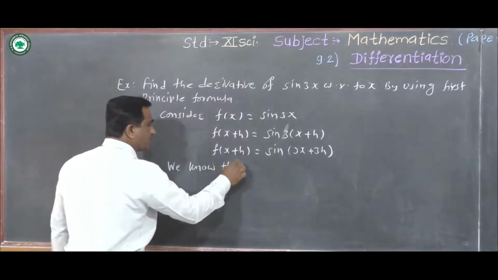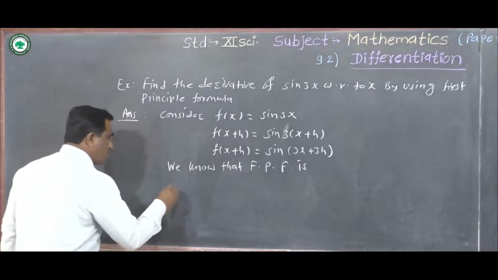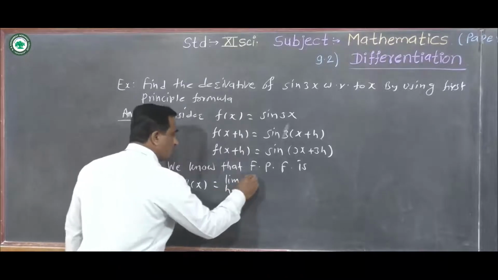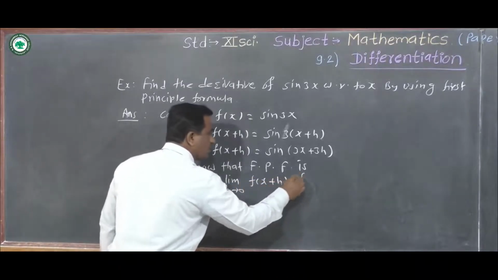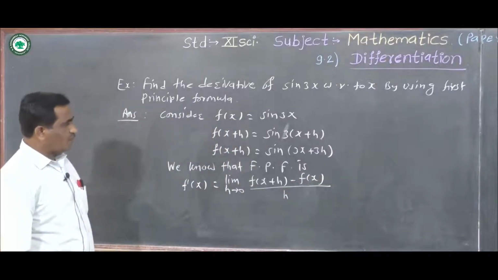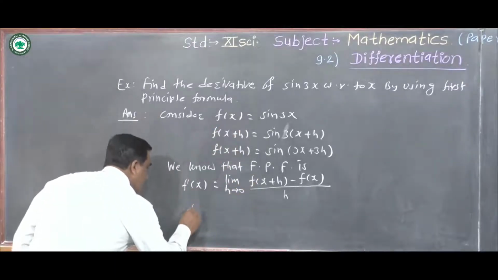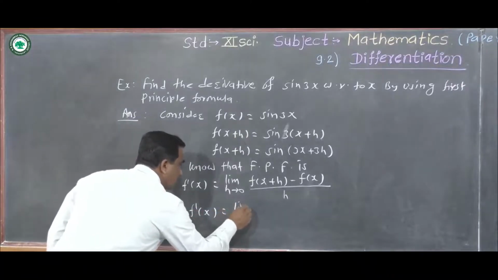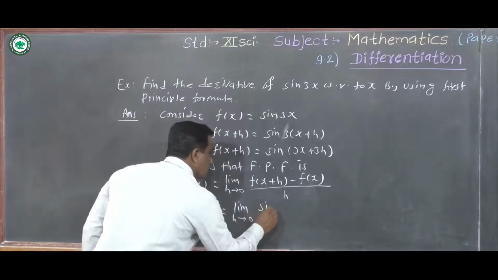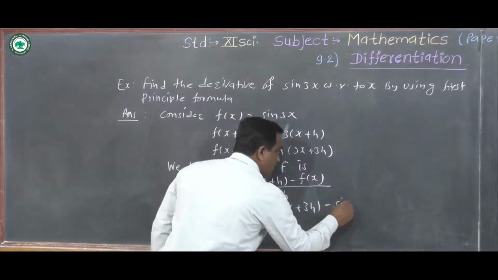We know that first principle formula is f dash of x is equal to limit h tends to 0 f of x plus h minus f of x upon h. Same formula, first principle formula. Now put values of f of x plus h and f of x here. Again we can write f dash of x equal to limit h tends to 0. F of x plus h means sin of 3x plus 3h minus f of x means sin 3x